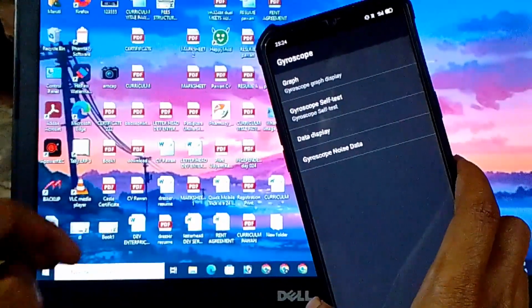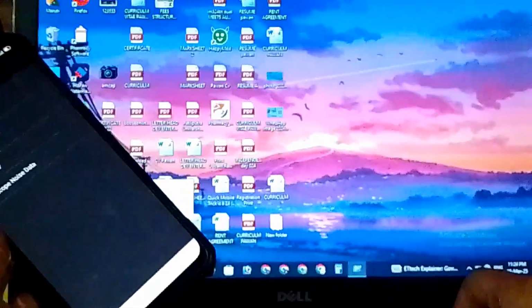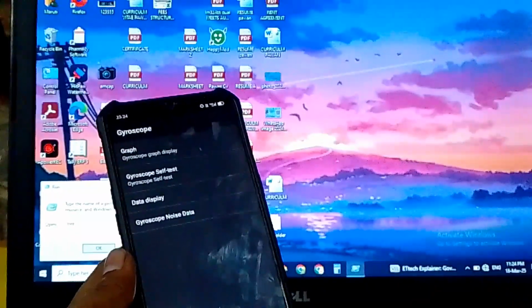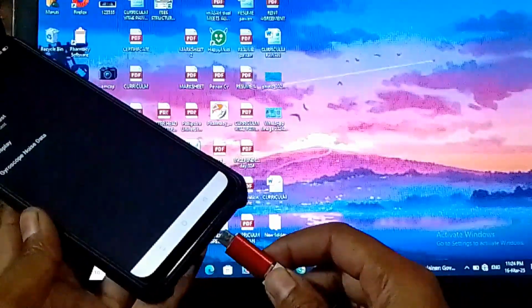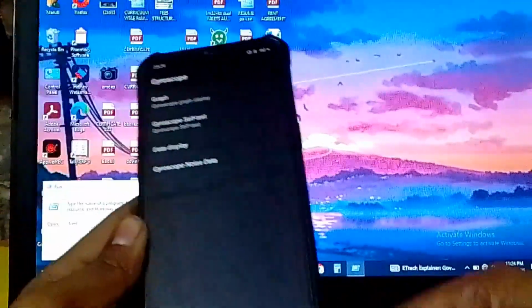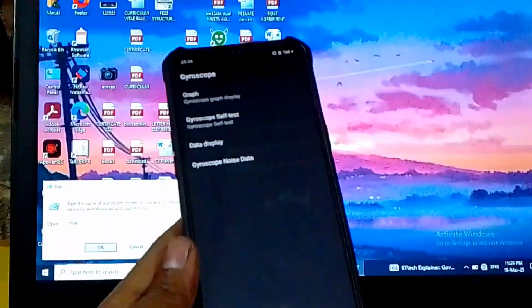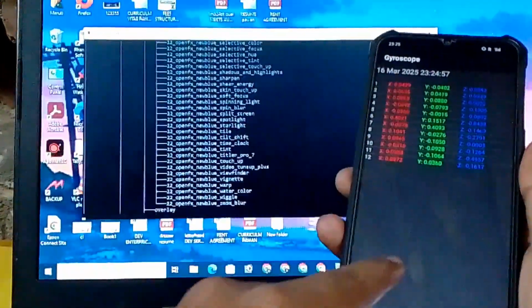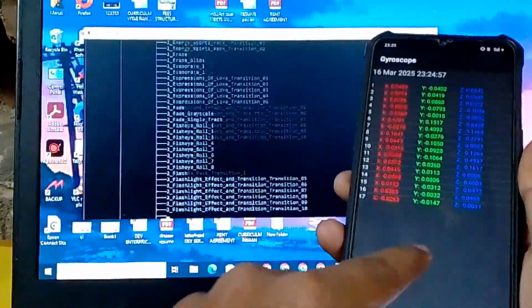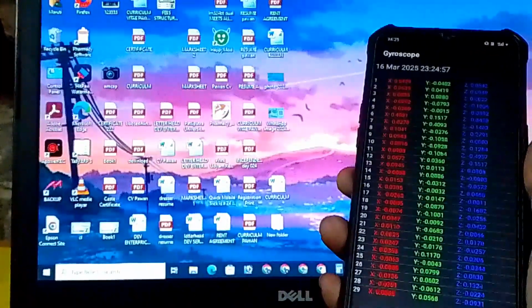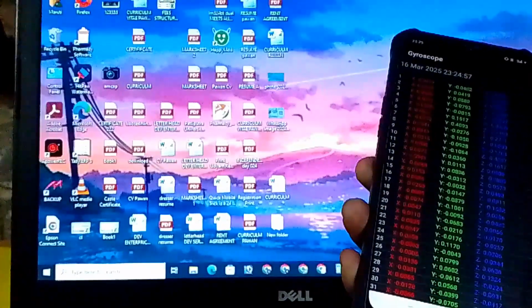Press Control R to open the Run window, and dial the code, and after that connect the USB cable to the mobile for charging. Connect your data cable to the mobile, and click and dial the command to work. At this time, see the phone is unlocked, and the data is entered on this side. So see this work is completed. After this, remove the data cable, and see the data cable is removed.